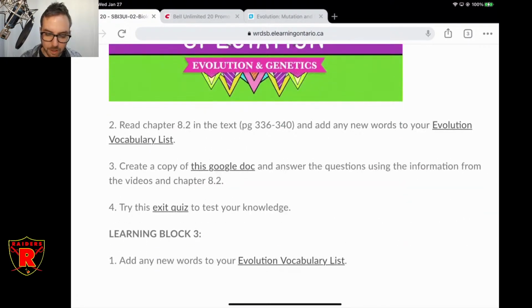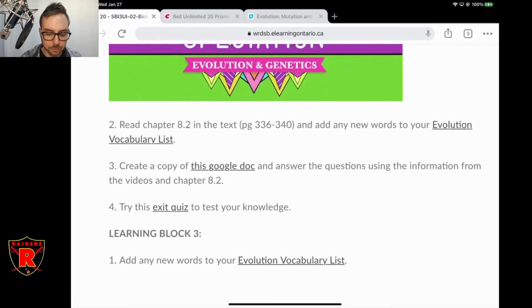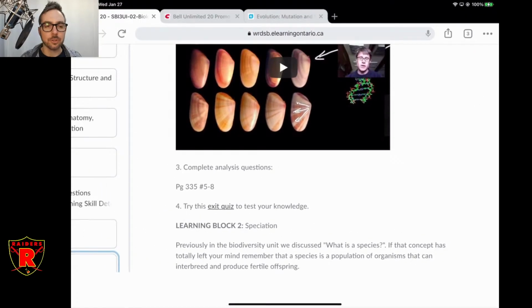So that's in the second half. As you're going through here, doing the textbook reading, answering these questions, maybe after you've done the exit quizzes, there's an exit quiz by the way for both halves, and you're just like, I don't get this. Please, guys, post something in the chat. Send me an email. I'm here. I'm just sitting here marking stuff and looking at stuff all day, preparing, I guess, for my next course as well. But I'm doing mostly marking stuff from this course. Just say something, please. We can jump into a Google Meet. We can chat about it. You're not alone, okay? It kind of feels like you're alone, but I really would like to help.